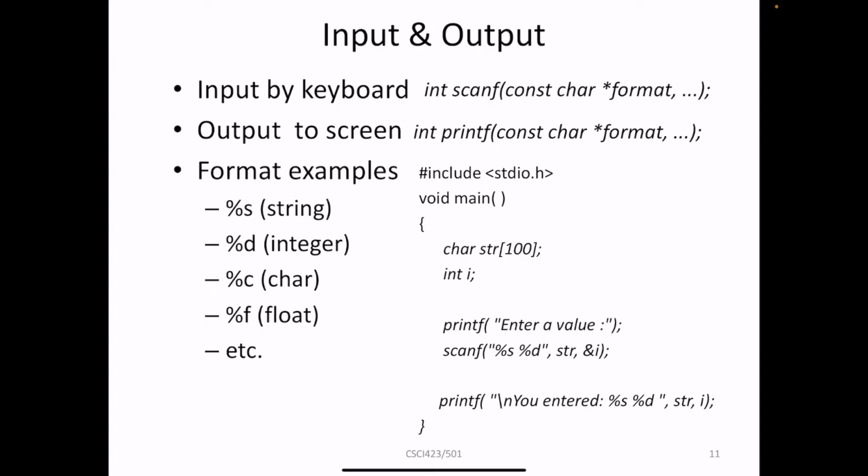When we write a C program, sometimes we need to get the input from the user during the runtime and also write the output to the screen to show the user the current status of the program. Here, the predefined functions scanf and printf can help with doing so. The scanf and printf functions will take a number of parameters, and the first parameter for both of them is a